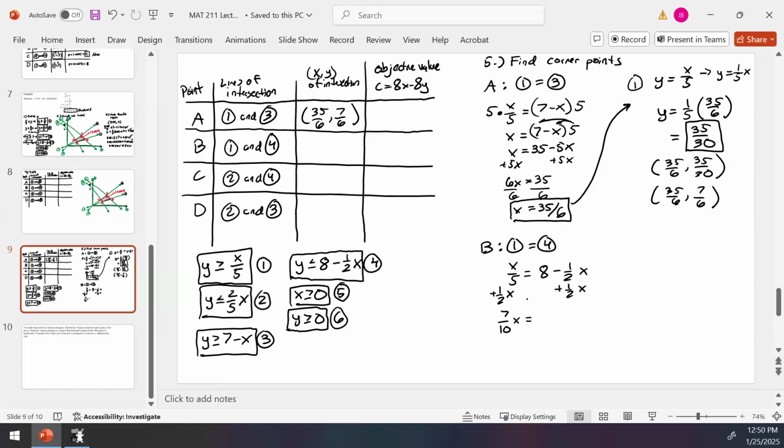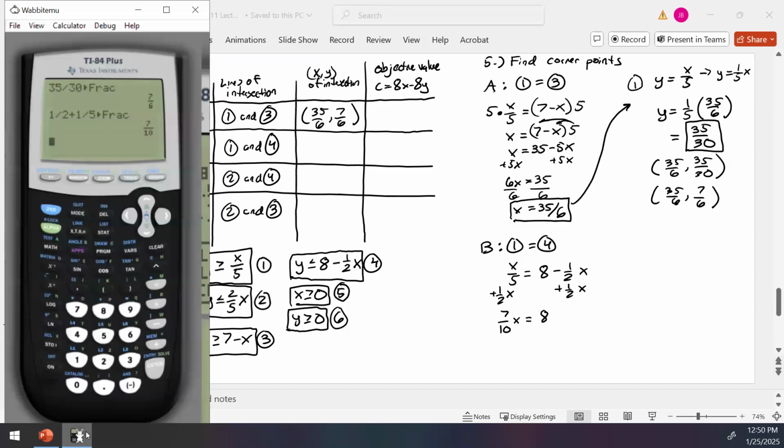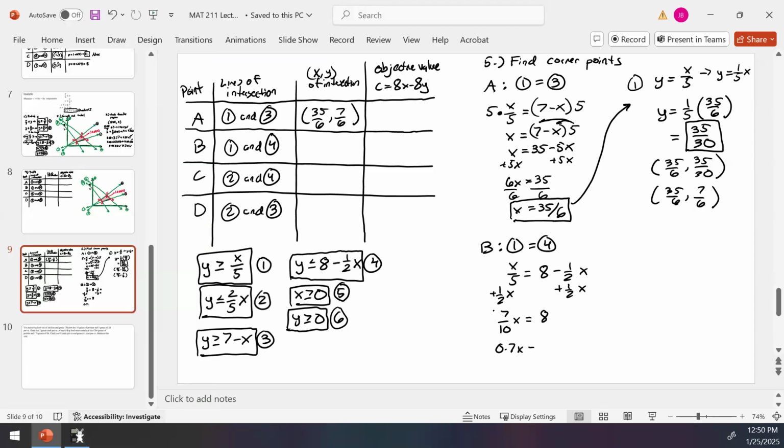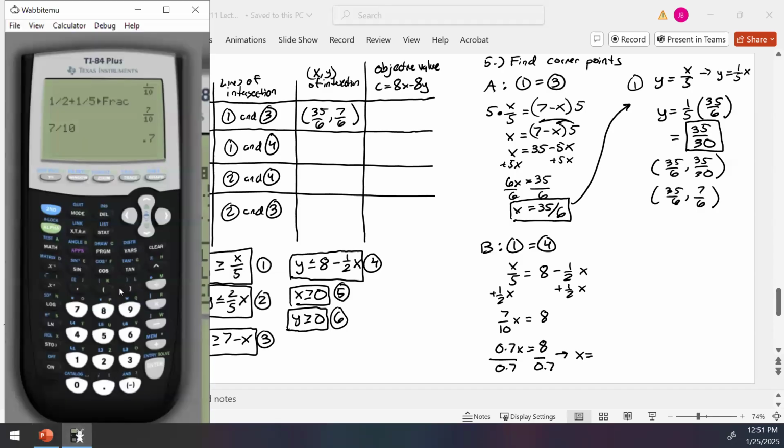My calculator did the work for me, like that. And you could convert it to a decimal if you want to do it that way, right? So you could do, okay, 7/10. If I press enter on 7 divided by 10 into a decimal, that's just 0.7. So 0.7x is equal to 8. I divide over the 0.7, divide over the 0.7, and so x is equal to 8 divided by 0.7,